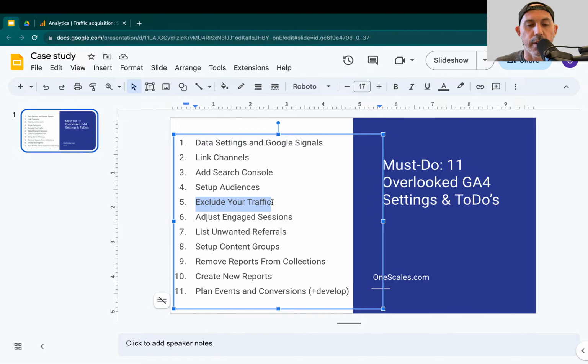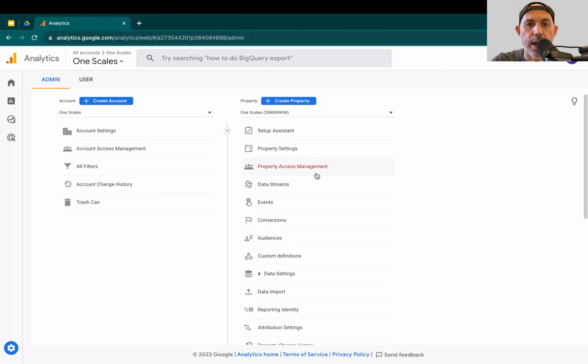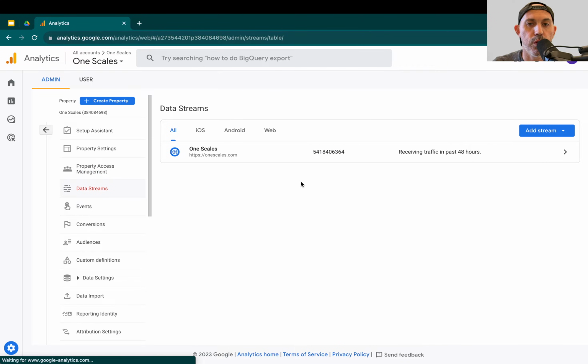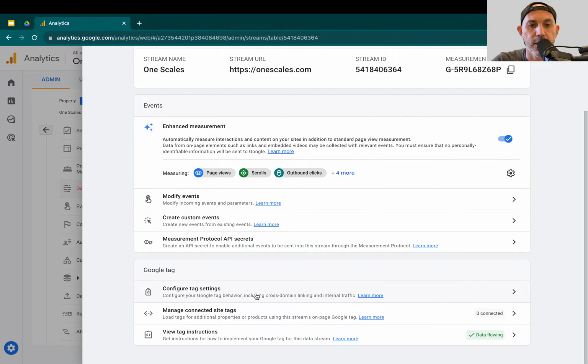If you have an office and you have a VPN or you have a set IP, you want to exclude your traffic so that when you visit your own business or your own website, you don't want that data messing up your data, right? Dirtying your data. Okay, so how do you do that? Again, you go to settings and you go to your data stream, which is your actual Google Analytics data that you're sending, right? So you go here, you go to configure tag settings